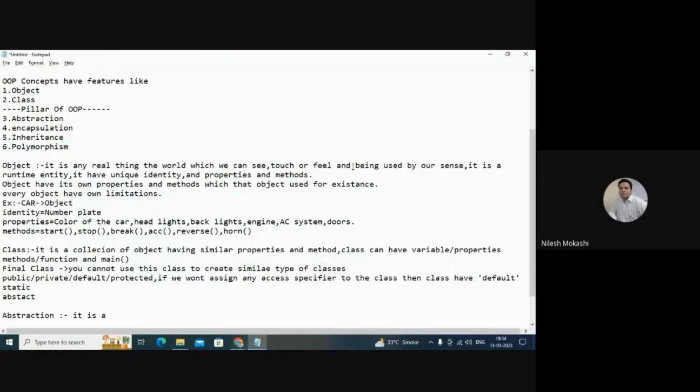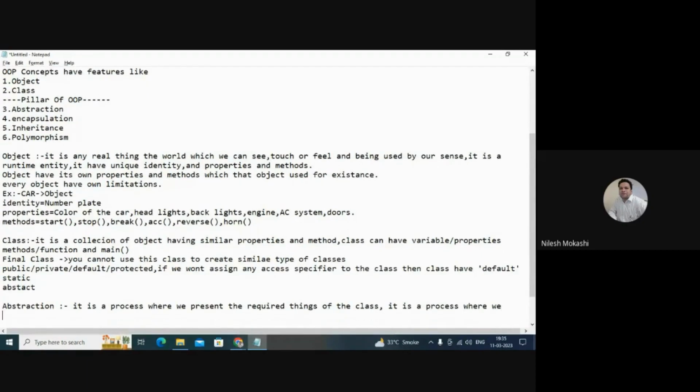Okay. So abstraction, it is a process where we present the required things of the class. Or one more definition can be derived for abstraction: it is a process where we focus on specific properties of an object.